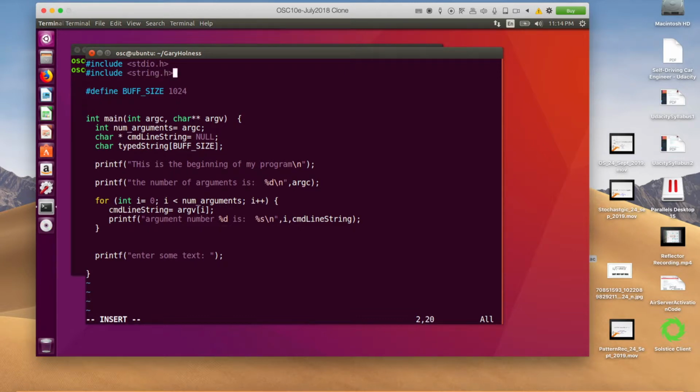Okay. So now this will allow us to use memset. The whole purpose for memset is to initialize this typed string, because it was allocated as a local variable and therefore allocated on the stack. So the first thing we're going to do before we do any kind of greeting, we're going to say memset